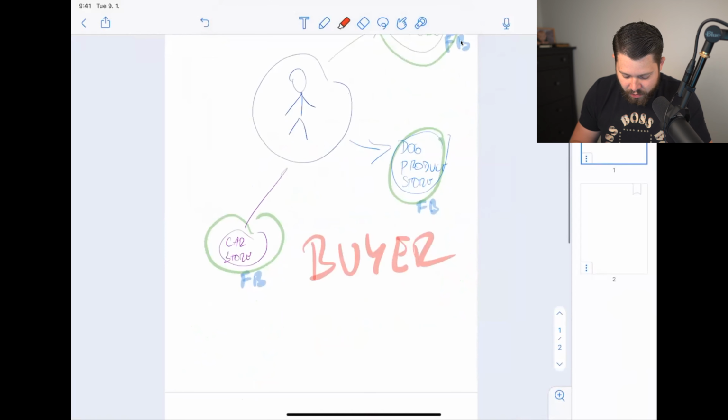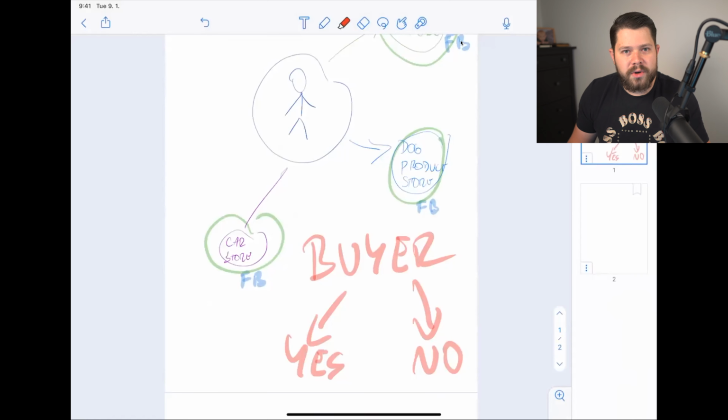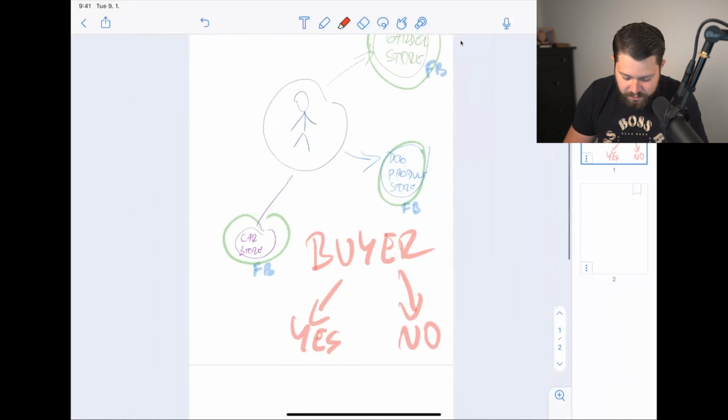Facebook cares only if it's a buyer, yes or no, okay? It's a buyer, yes or not, okay? That's what your pixel cares about, okay? So when you see that people say,